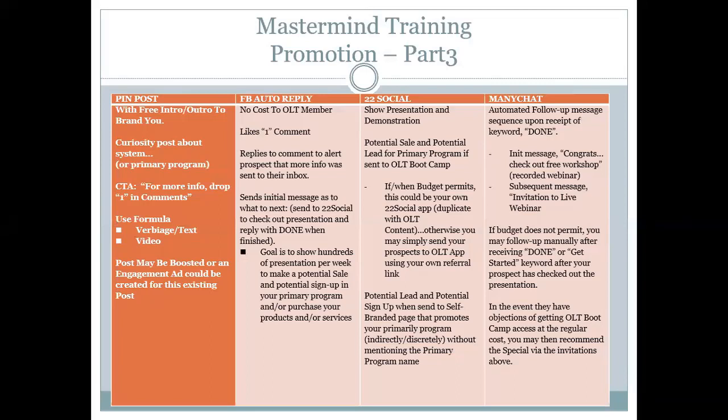So my goal though is to be able to offer it, but the tool has had some changes. Instead of having two different tools, one called FB Auto Reply and the other called FB Sharer, they have done a combination. They combined it, and it's not as expensive. In fact, there are 3 different price points, and I do have that as a link. So in the event I am unable to offer this for free, given the recent issue that I ran into, actually it was more like last night,